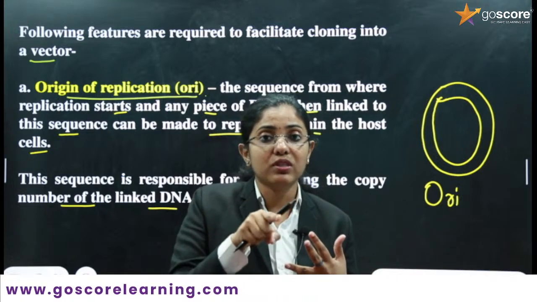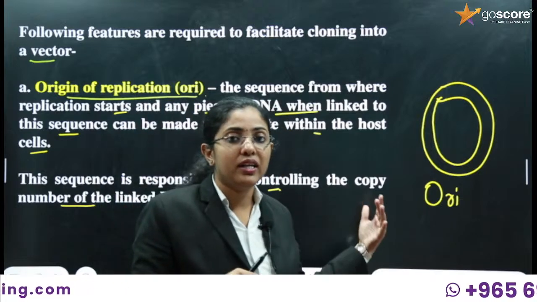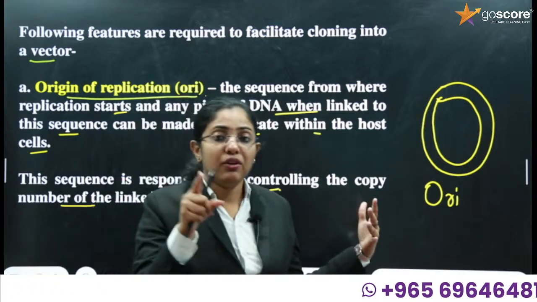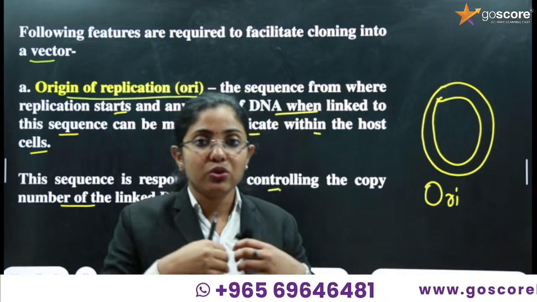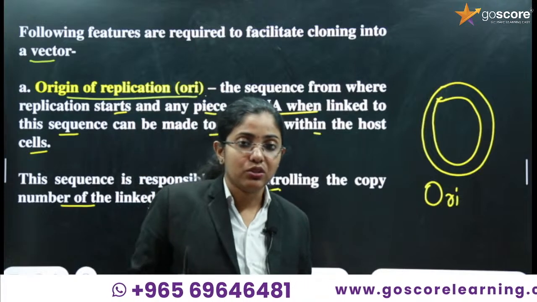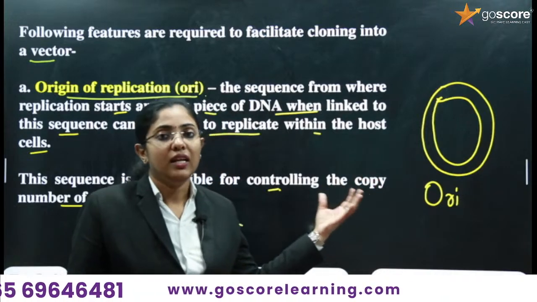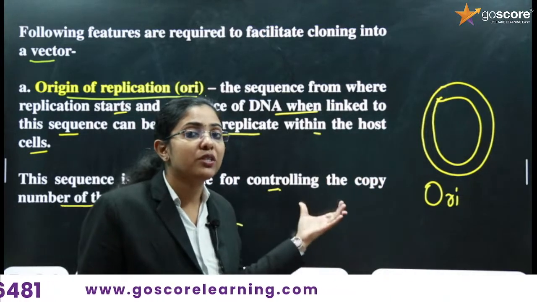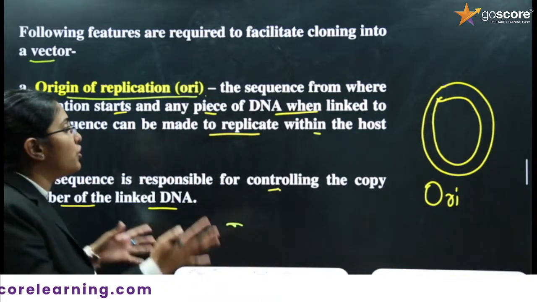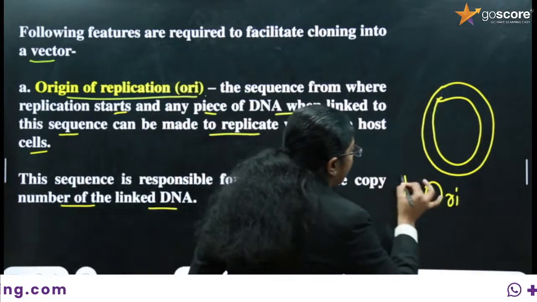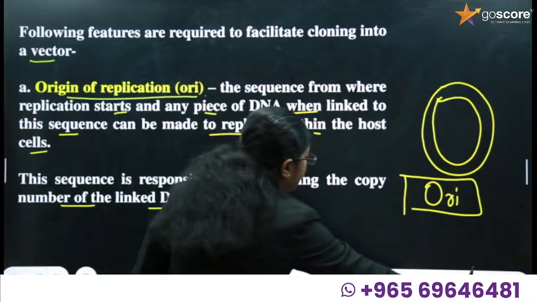So it is important to produce the DNA before the cell division. If the cell division has to take place, the DNA content should also be divided. So in S phase, replication takes place, and for the purpose of this replication, for the content to be increased, the ori region should be there in the plasmid. Clear? That is the first point. Then next one,